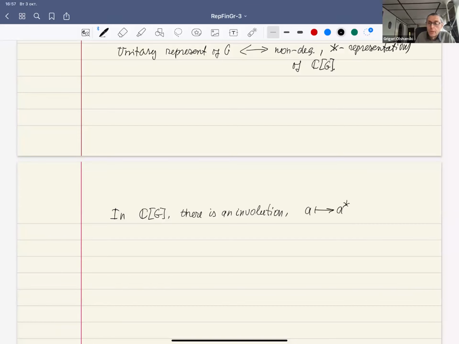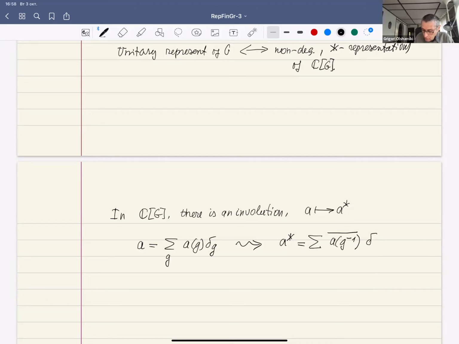This involution is an anti-isomorphism, which means that the order of multiplication is reversed. It's also antilinear. And the definition is as follows. If A is the formal sum as above, then A star is the formal sum of what? A of G